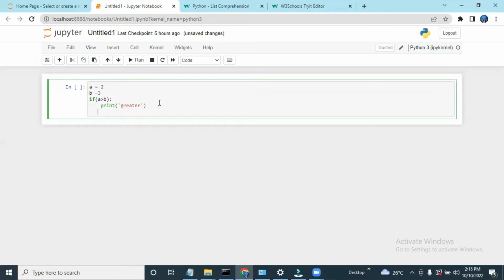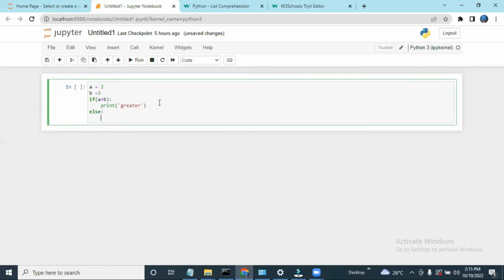And else, print smaller. Okay. So what we did, we just took two variables a and b, and we have assigned values 2 and